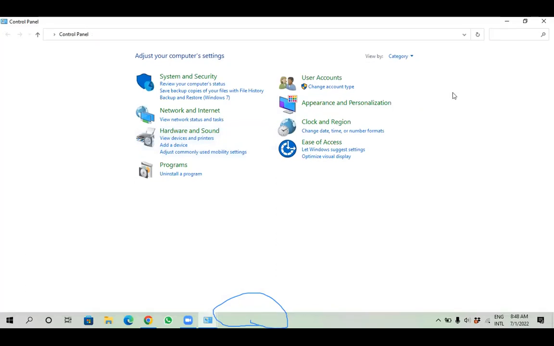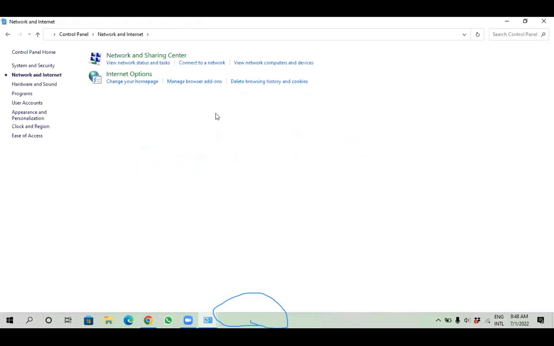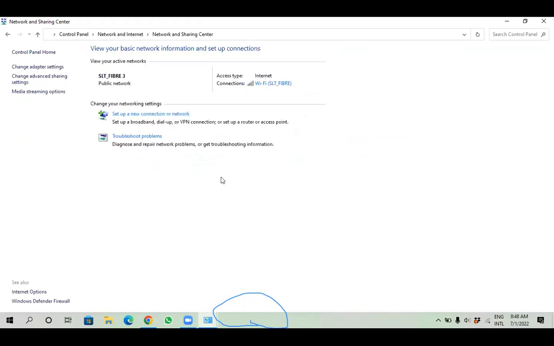Okay, then go to view network status and tasks. There you can see your Wi-Fi adapter.